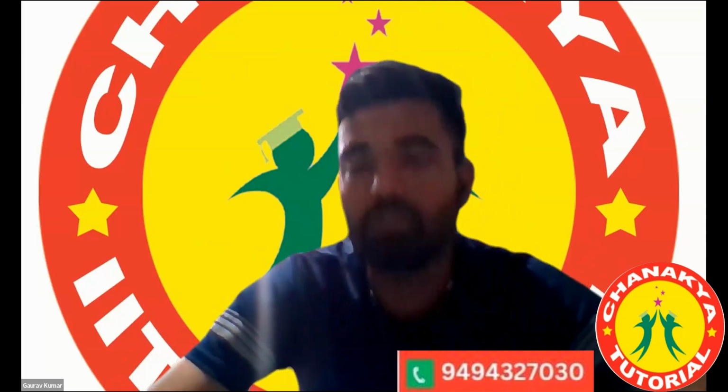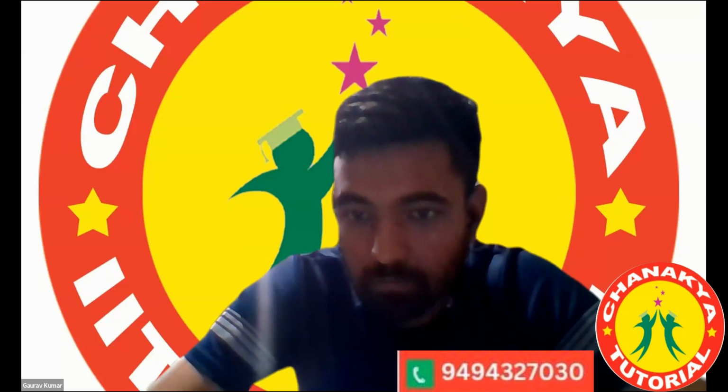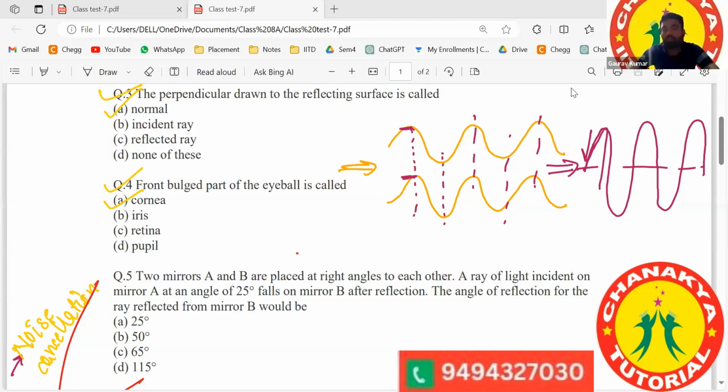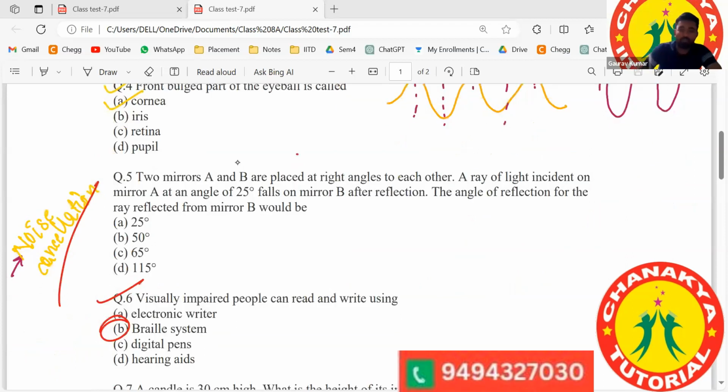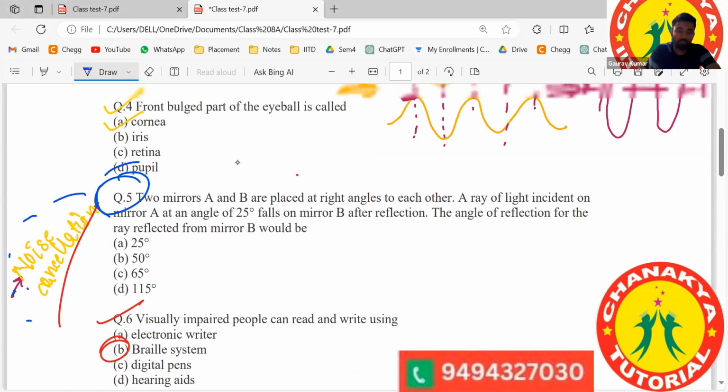Problems regarding one from... okay, this one. One was question number 5, and the other was how noise cancellation works. So